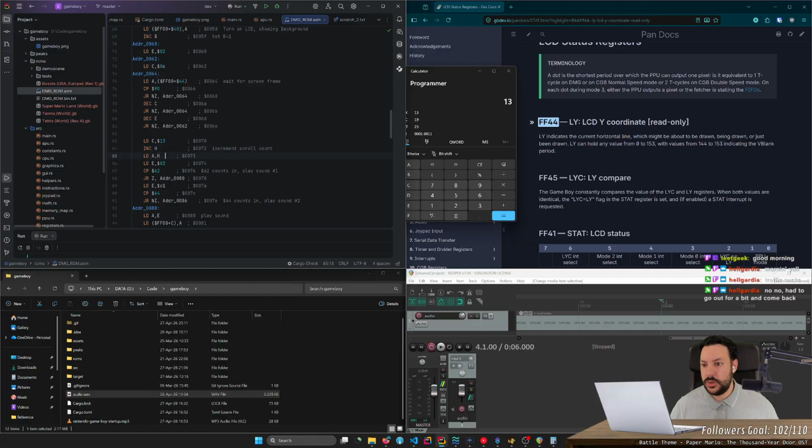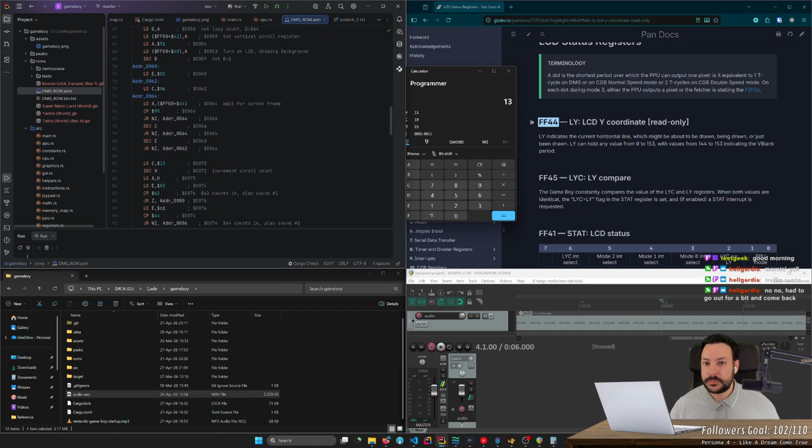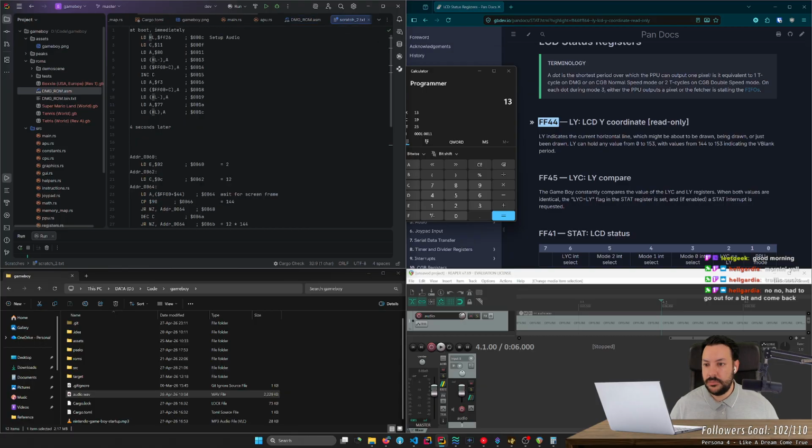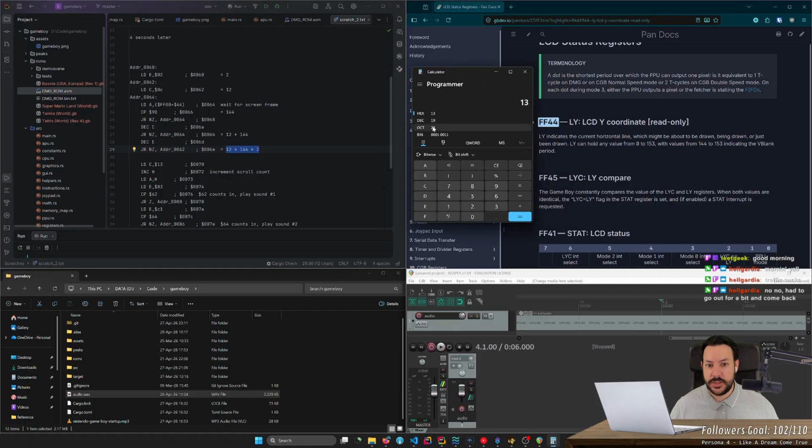Yeah, then it loads age into A, because then it uses the A to actually scroll the thing. I see. Okay, so this makes a little bit more sense already. So it scrolls once every these many frames generated.